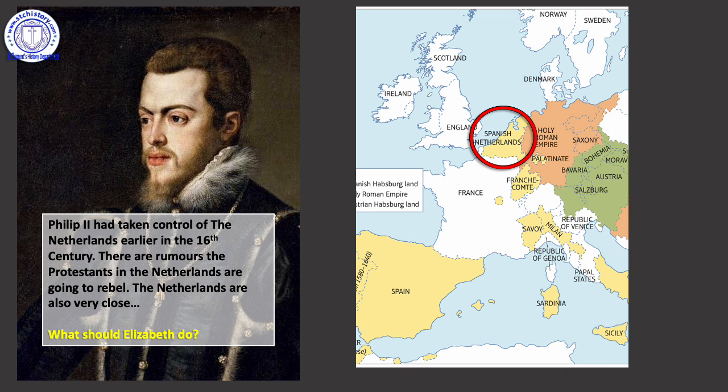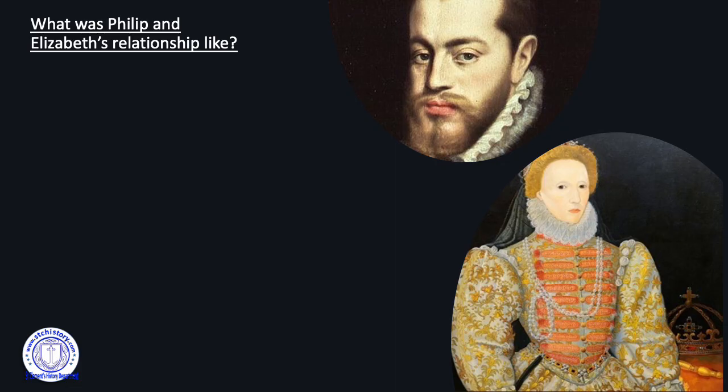But remember this situation with England in the old alliance with Scotland and France. They could attack through Scotland. The Spanish could jump over from the Spanish Netherlands. England really is in a precarious, vulnerable position. So the politics that Elizabeth plays in these early years, it was amazing, because you can see how easy it could have been for Philip to just pop over and take over. So what was their relationship really like?